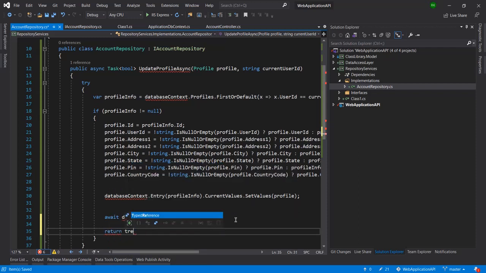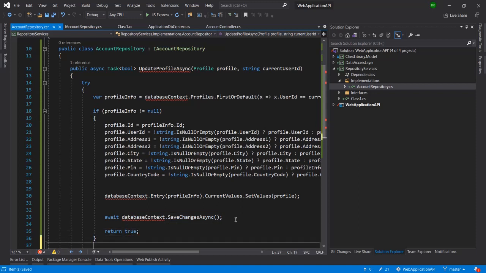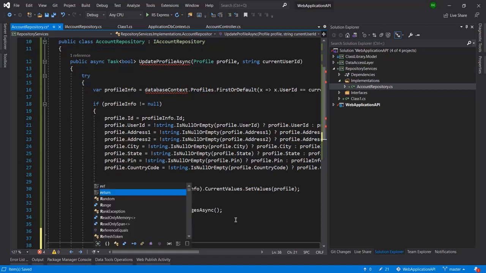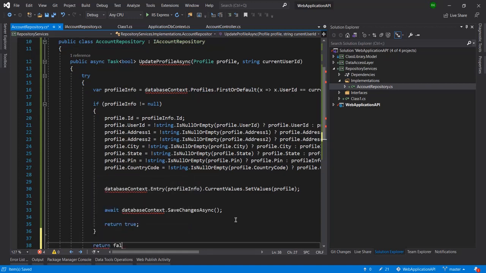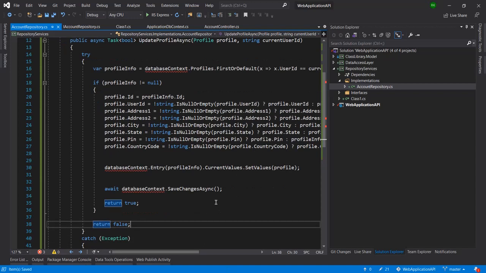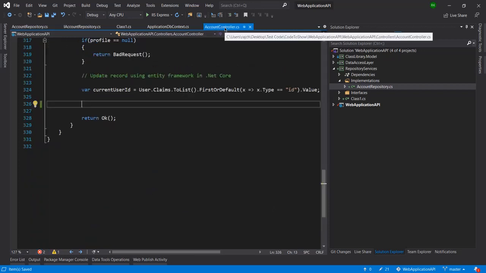Okay, because the return type is boolean. Okay, and if it is null, then I will return false. Okay, and now here you can see I need to add the database context, so I will go ahead and